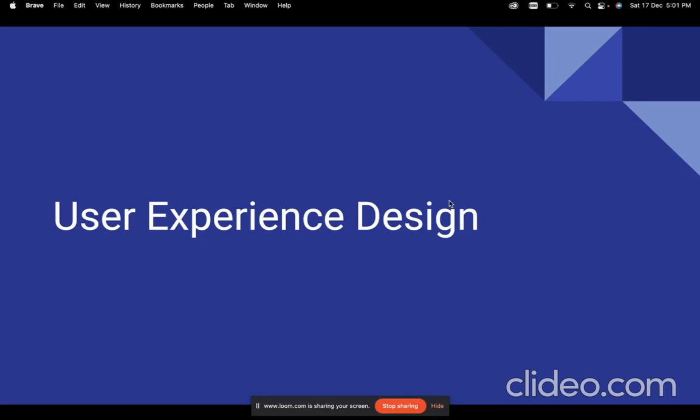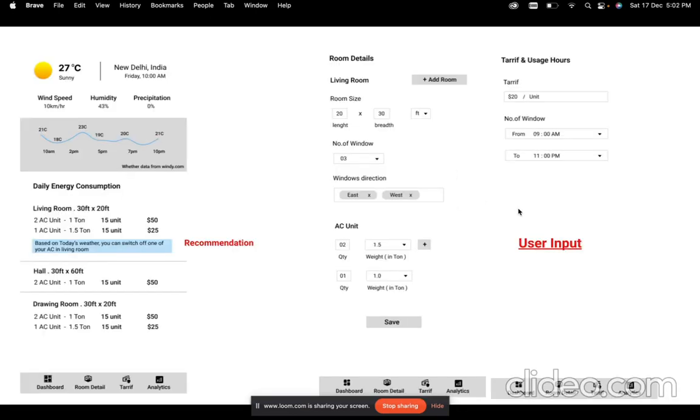Now, focusing on the user experience design, we have generally taken the user input, taking the room size, like its length, breadth, the number of windows which he has in a particular room, what's the direction of the window, and the number of AC units that he has in that particular room with the weight of that particular AC as well. Like there is an AC for 1.5 ton and there is one AC for 1 ton. So that is what we have taken from the user. One also thing that we have taken from the user is what's the tariff rate that he has in that particular area or in his city, and for how long he is using the HVAC system in his room or